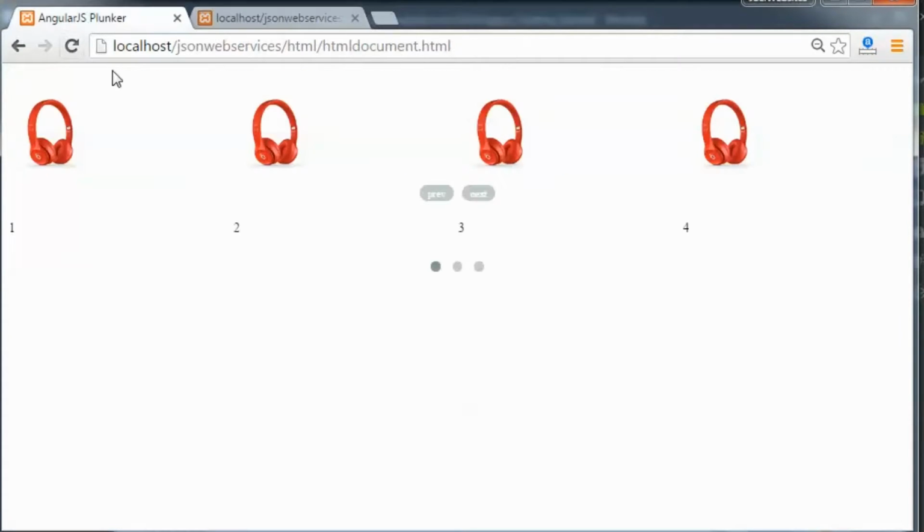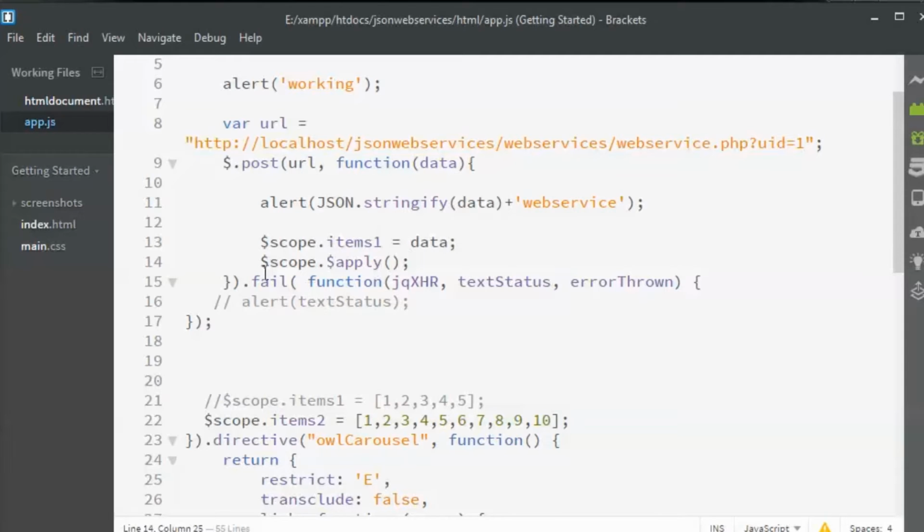The thing was that we did not use $scope.$apply. What happens is that $scope.$apply helps us in asynchronous applications, whatever asynchronous calls there are. I'll explain what it means. There is an asynchronous call, but after it we need to make sure that the HTML document is refreshed.